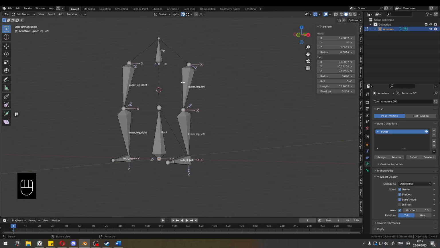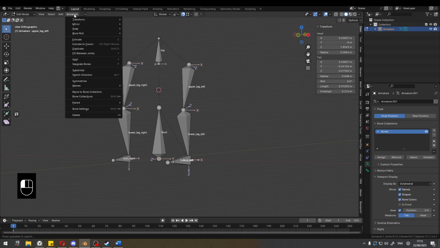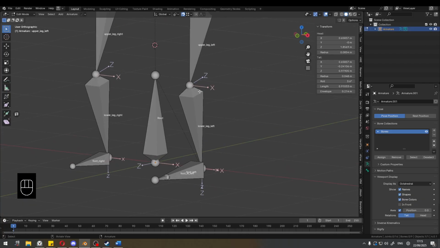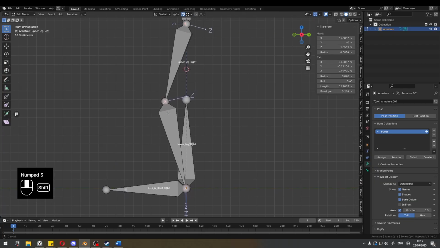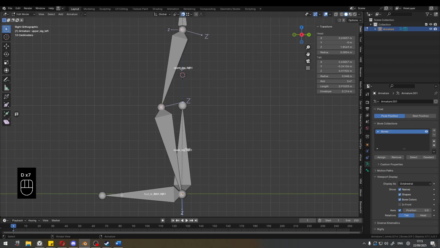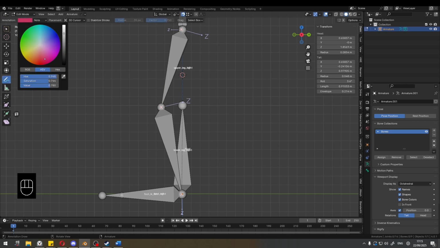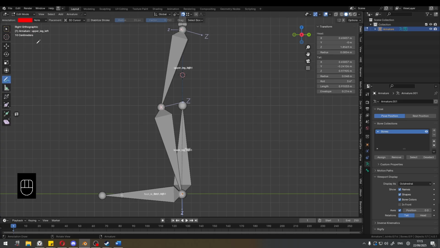Of course, I could just take this again and symmetrize it like we did in the first lesson, where we click on armature and symmetrize and we'll adjust it perfectly. So, as I was saying, the reason why we had bends in our leg is because when we use an IK constraint, we want to make sure that the IK constraint, let's just change the color here so we can demonstrate it better. So the importance of this is that the IK constraints, or inverse kinematics constraints, will require a